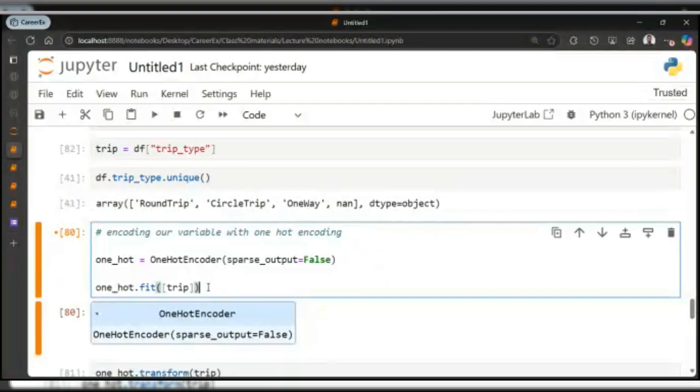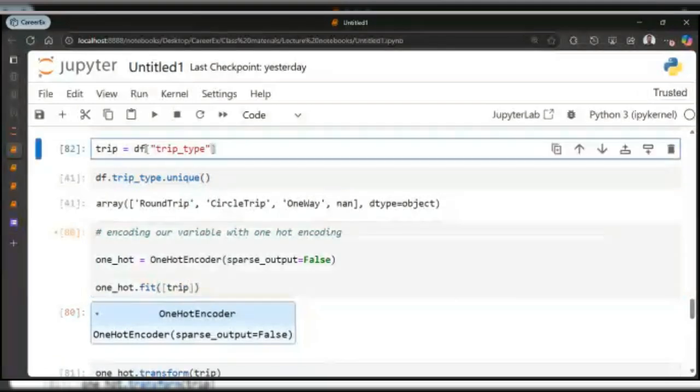What I should have done was put the brackets around this particular column. While we are calling df and that column, we're supposed to wrap two brackets around it, not just one.